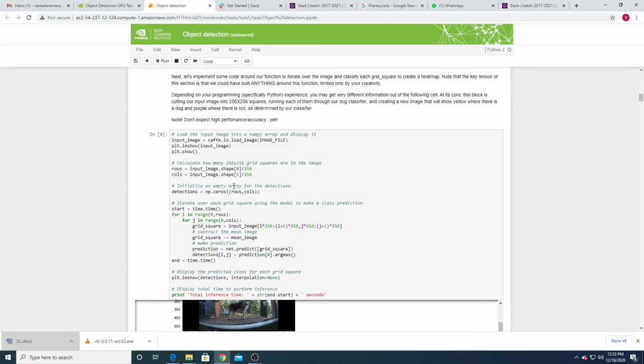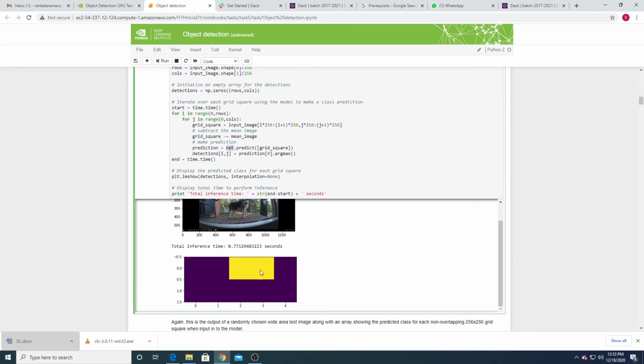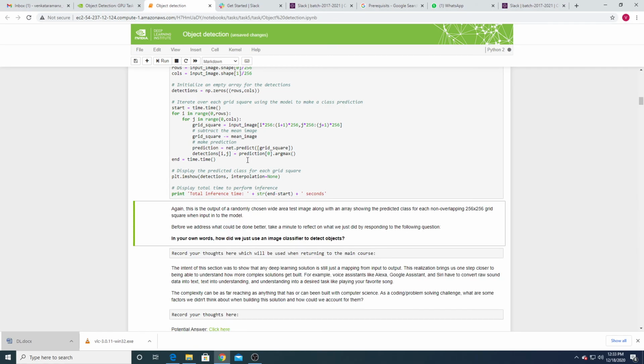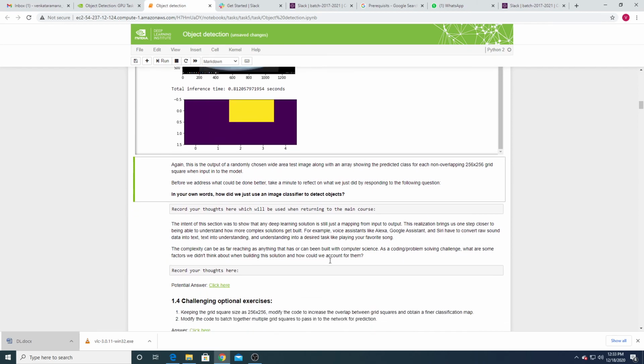Now I have to run this for loop over the rows and over the columns, and take each 256 by 256 window and pass it to the net classifier. In whichever grid, in whichever row and column, the prediction gives the highest value for the second label, that window will be segmented like this. See here, in this case it will be segmented. Each window will be passed, and in whichever window you are able to identify the dog, that will be segmented. That's how we can detect the object by using the sliding window technique.